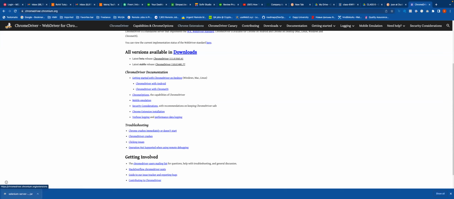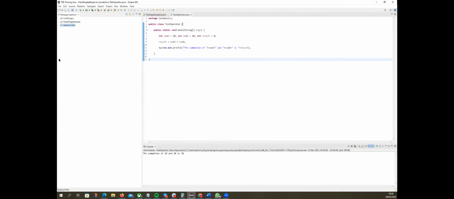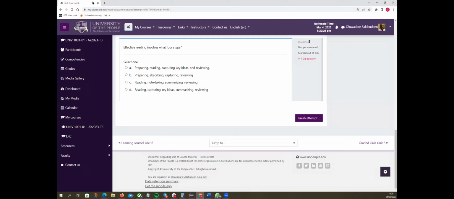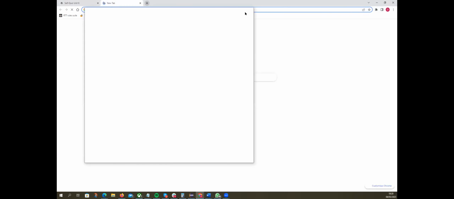So let's just do this, right? There are two ways to basically get this thing done. I will probably do it in a new project. I'll create a new project here, new Java project, and we will just say Selenium test, that's it, right? And then once we have this, all I'll do is I'll go back to the browser, and over here I'll go back to the